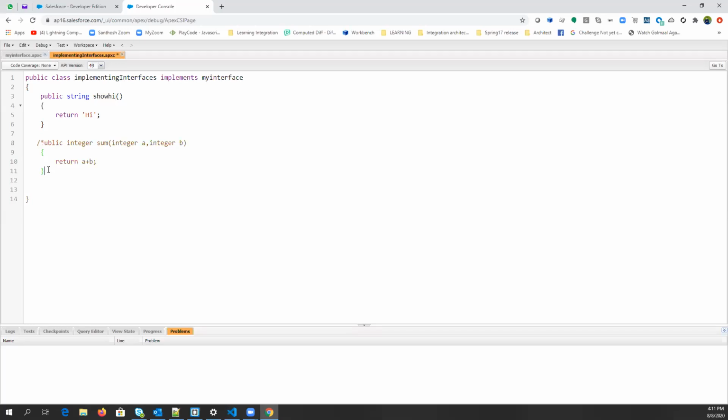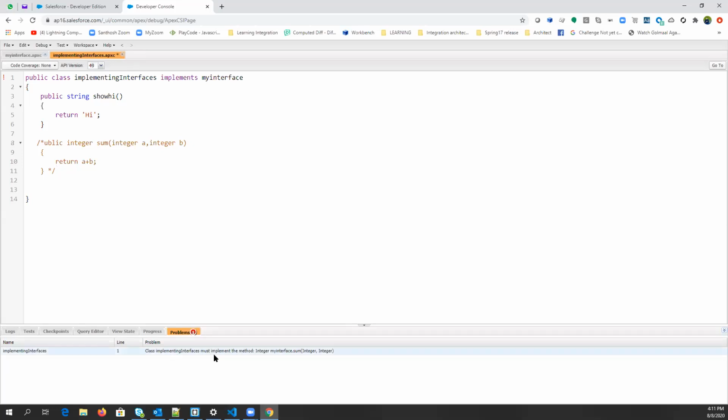It won't allow you to save it. You have to implement each and every method. See, the class implementing the interface must implement the method Integer my interface dot sum, right? So each and every method should be implemented by the child class that is implementing that interface.